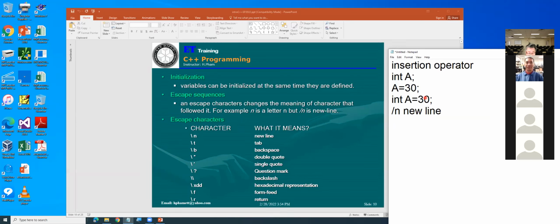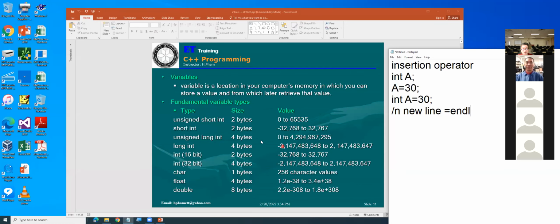It is the same as what they call endl. So using \n is the same as saying endl. Endl means after this line, go to the next line. The rest of these, like backspace and double quote, you can read, but it doesn't matter, we're not using them.